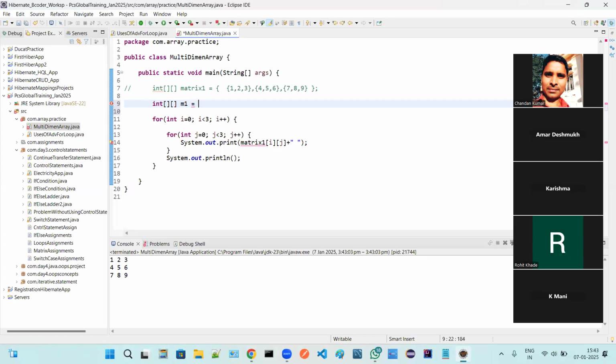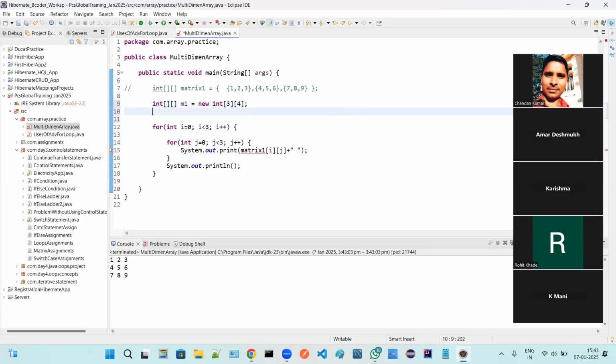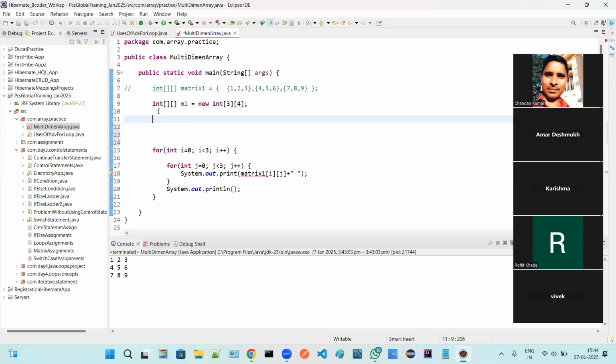matrix1 equal to new int, and over here you can define the rows and columns, 3 rows and 4 columns. That's it. So over here it is only declaration. You can change this order also, 2 3, 3 4, 4 4, you can do that. So I'm giving 3 and 4, and 3 times 4 is 12, which means we have to assign 12 values inside this matrix. But over here I have declared only. Did I initialize the values? No, not initialized yet. Either you can do it manually or you can ask the user to give the input.